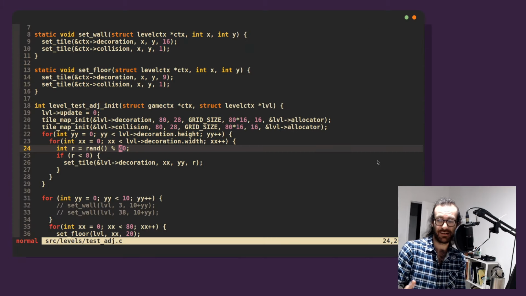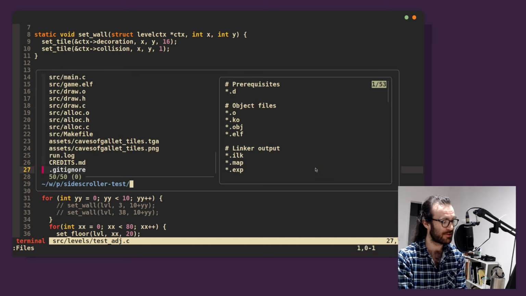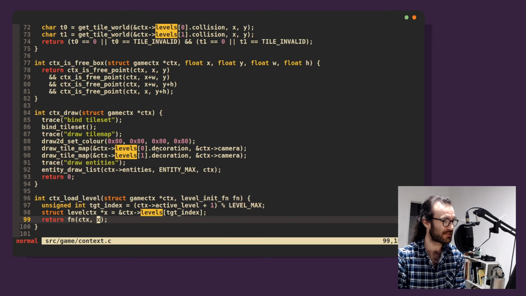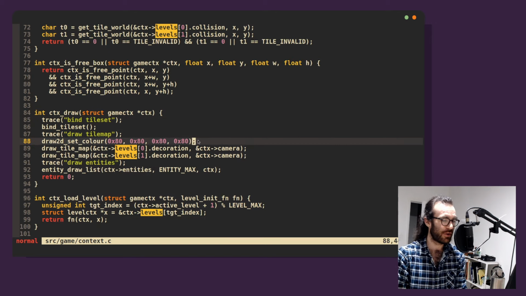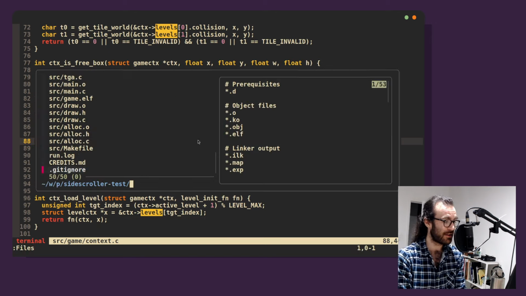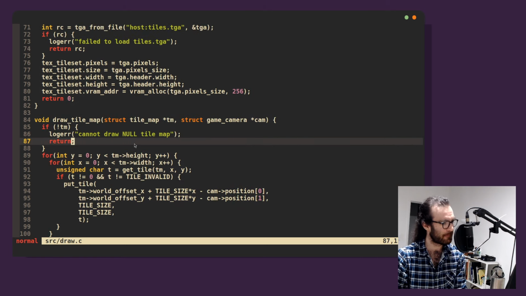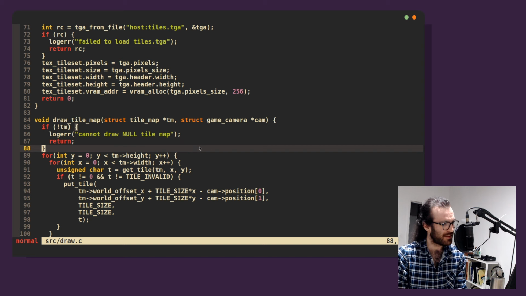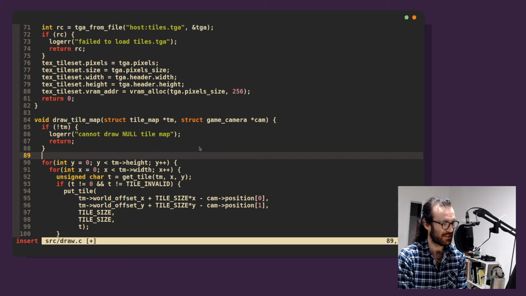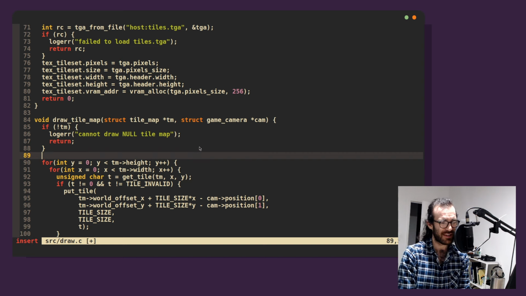It doesn't understand off-screen. All it knows is we give it some numbers, and because they're fixed point numbers, at some point they're going to roll around and come back on screen again. So what we need to do when we draw in our context is a check against the camera. Let's actually do it in draw tile map, maybe. Maybe we do it here, I think this probably makes more sense. So we want to say, if this tile map is not in the box of the camera at all,